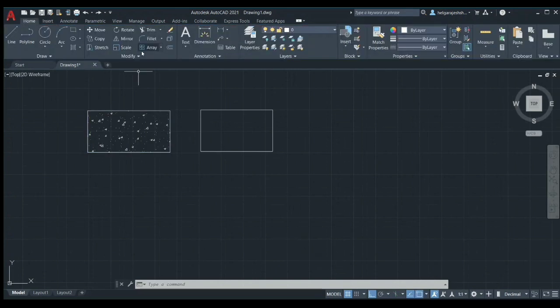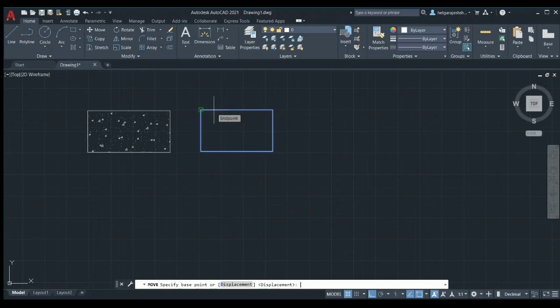Now moving on to the modify ribbon, we can see several icons which are going to help us to modify a drawing. So let's discuss some of the important tools. Now I'm going to teach you how to use the move tool. So for that I am clicking on the move tool. Now it is asking me to select an object to move. So I'm selecting this rectangle and pressing enter and the selection is done.